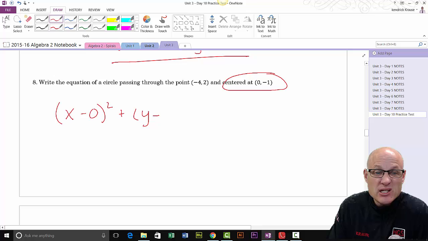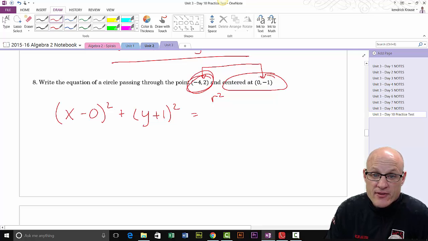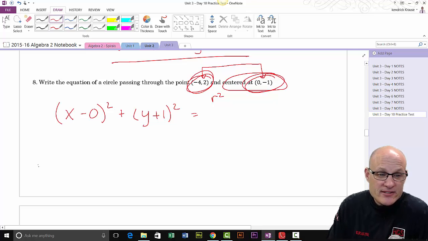Y plus 1 squared equals, now I'm going to put the radius squared. Well, the radius is the distance between this point and this point, because this is a point that's on the circle and this is the center. So I've got to find the distance between those 2 points. So I use my distance formula,